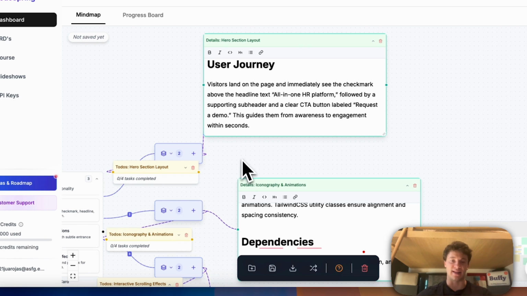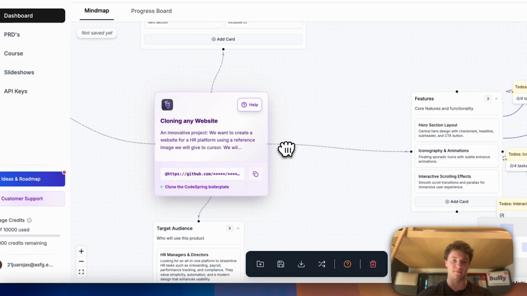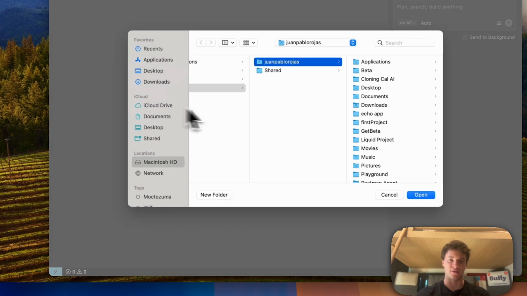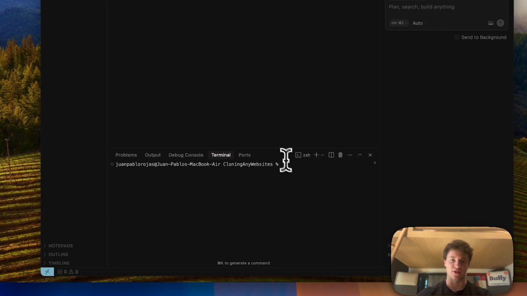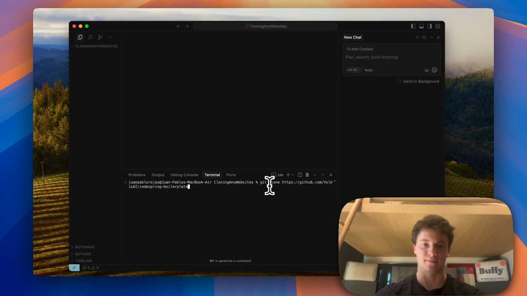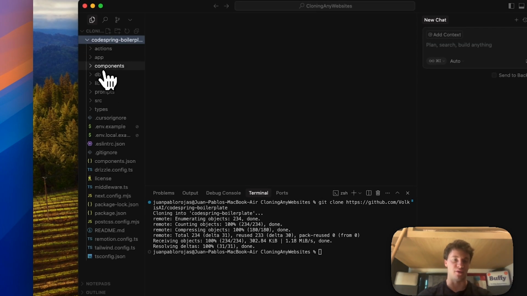Now that we've identified that our features are correct, we'll just go ahead and clone the boilerplate. For this, we'll open a new project in Cursor and name it. Once we are inside our new project, we'll just go ahead and open the terminal. So we will just drag this over here and make sure that we run git clone and copy paste the boilerplate from CodeSpring. We'll run this,